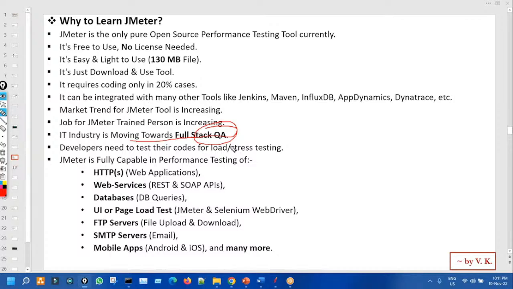So suppose now if you are directly learning performance testing and you are searching for a job, fine. But after 3 or 4 years, you have to learn automation also to survive in the industry. Same with the manual automation people, they have to learn performance also, because as the career path grows, the experience also grows, should grow. Okay, experience in all different tools if you have to survive. So to survive strong, you should in future, not now, but in future, you have to master all the things